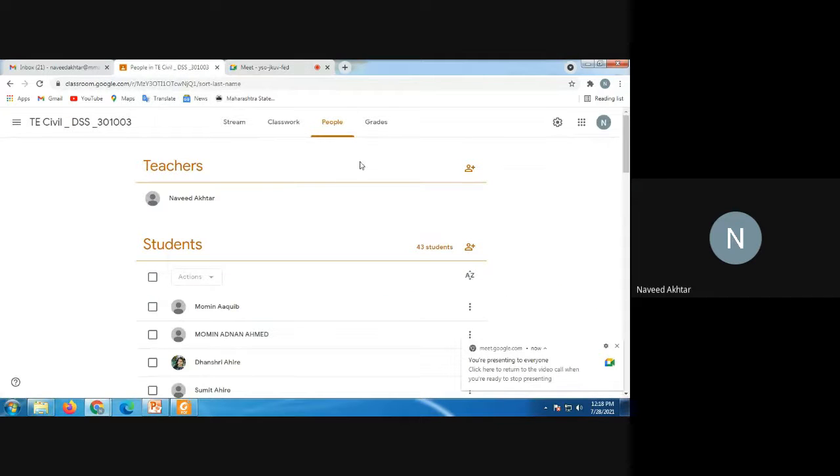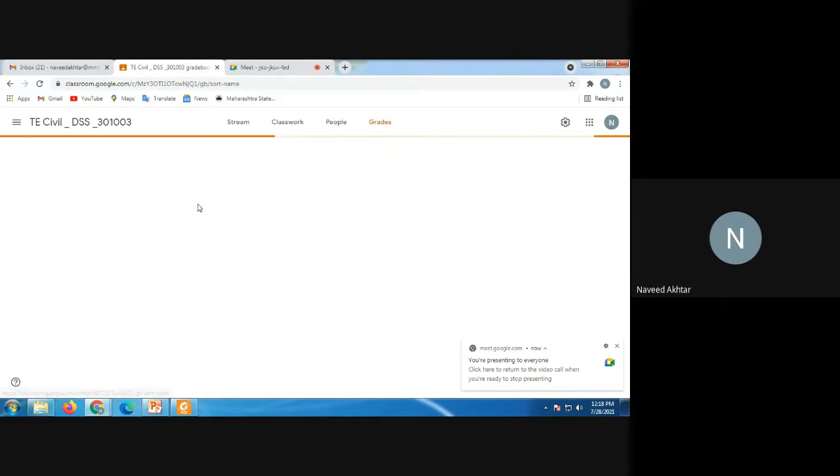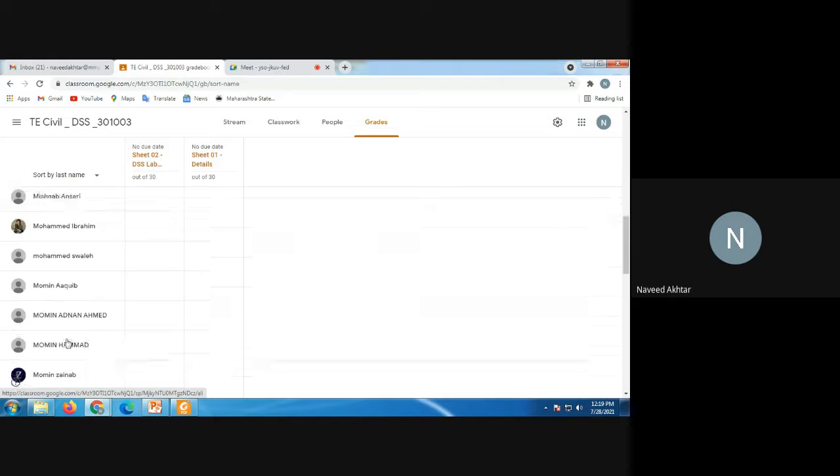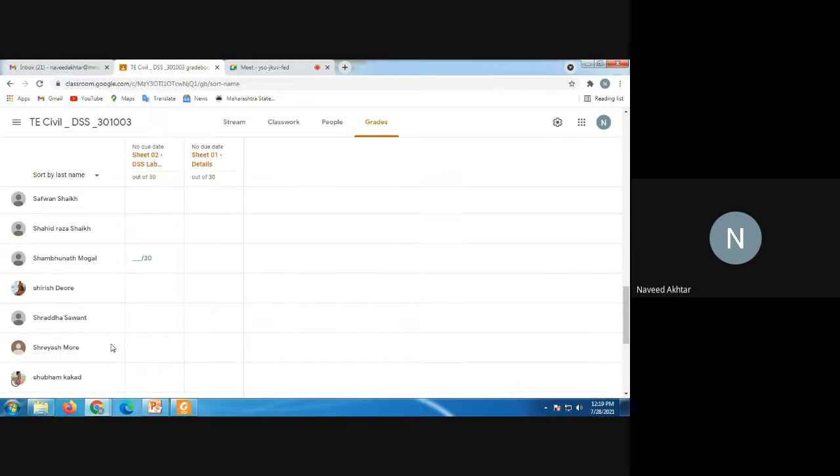So all the assessments, your grades will come here. You can see sheet number 1, sheet number 2. Similarly, all the sheets will be added one by one as I create them. So this is your work you have to complete, and then based on your grade, I will give your marks out of 30, and then your marks will be recorded. Okay. So all the students, I request that they should join, and their marks I will give as per